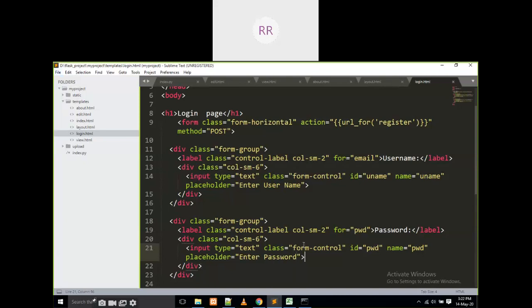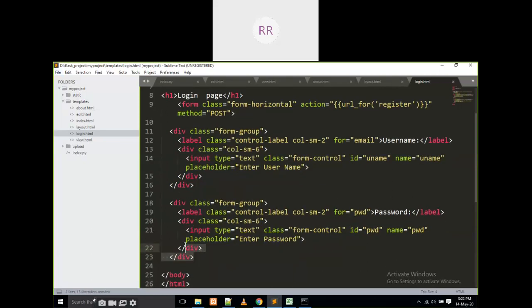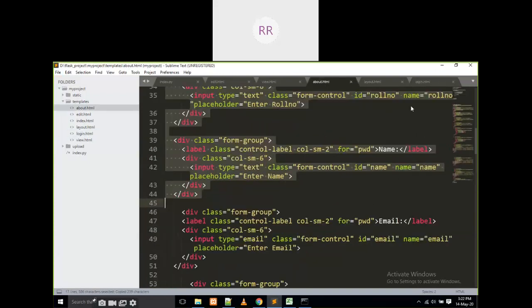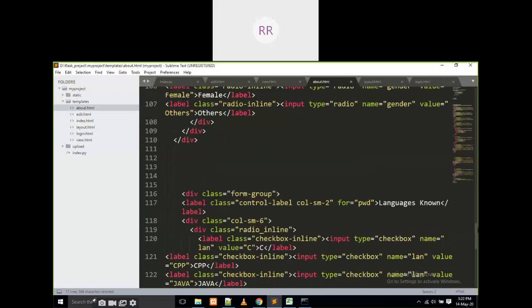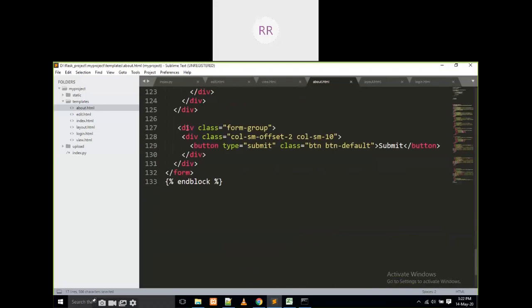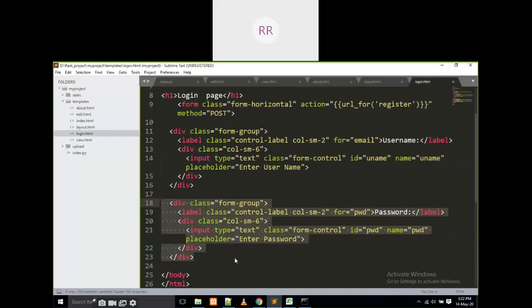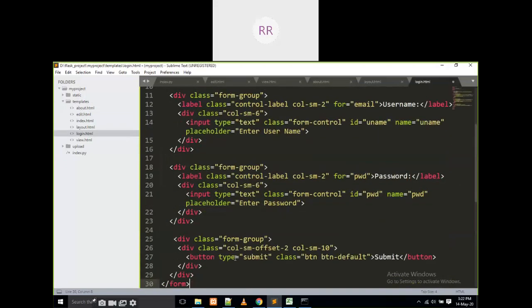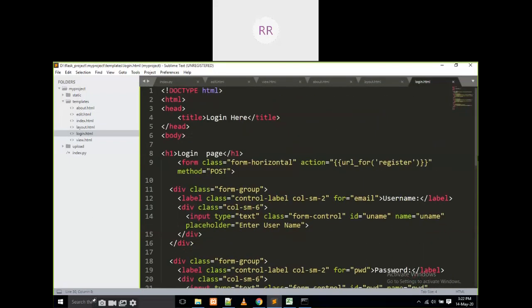We also need one button. Yes, I am writing like this, and here it is not for register. This is going to be a login page, method is equal to post and everything.